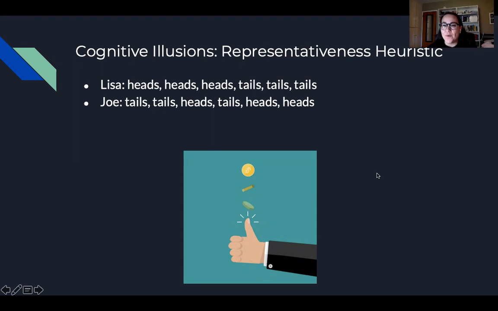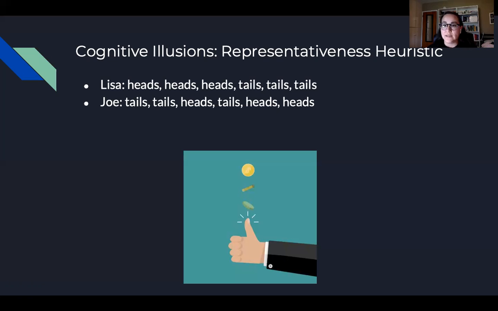Okay, so today we're going to continue talking about cognitive illusions. We began talking about this in Monday's lecture in the context of decision making. We started with a discussion of the errors, what can go wrong in our decision making, and then eventually we will move on to models and theories about how we generally do decision making well.